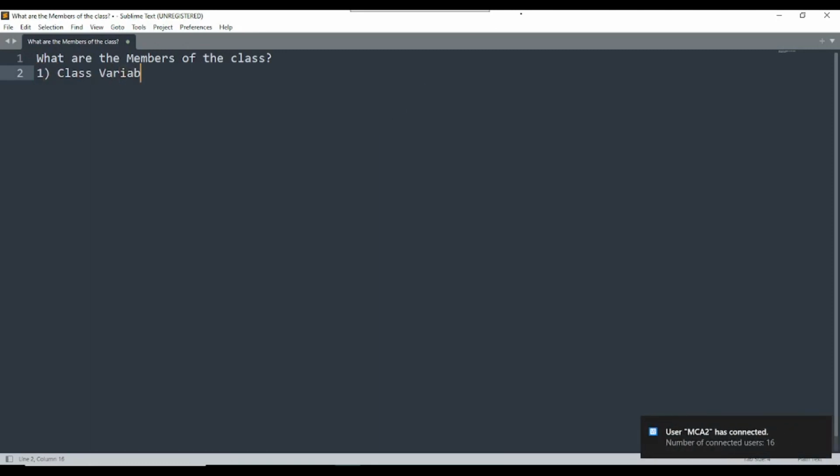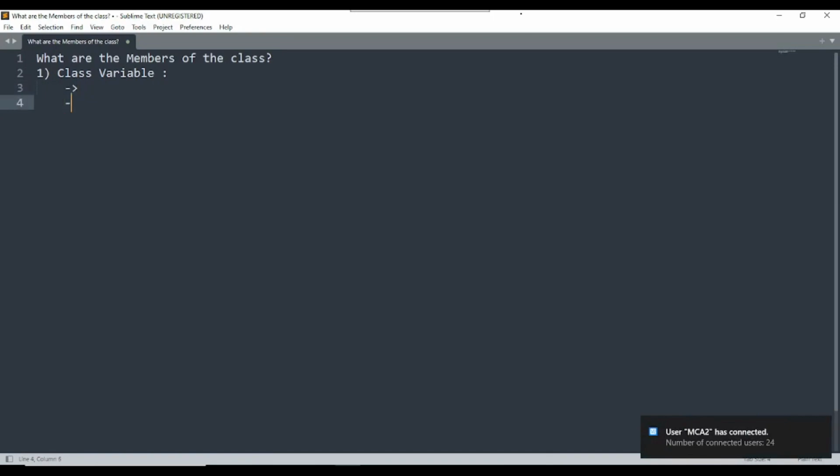First of all, I will discuss the class variable. What is a class variable? It is a static variable, with no need to create an object. Without creating an object, we can access the class variable. It is called a static variable. Only one copy of this type of variable is available. If you have created more than one object, there is only one copy available for every object. This is called a class variable. It is also called a static variable.